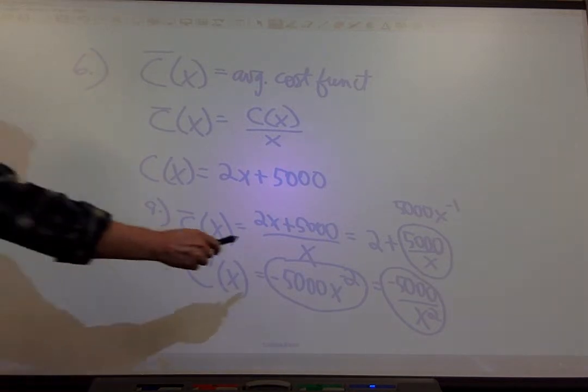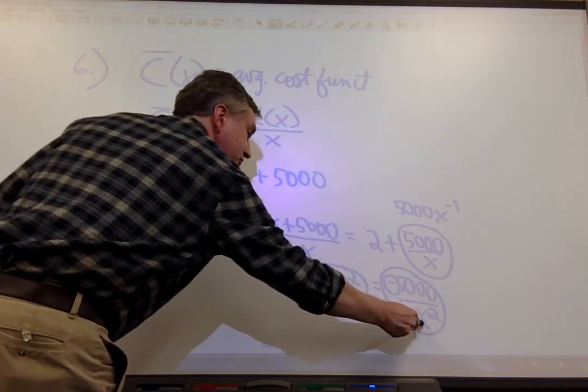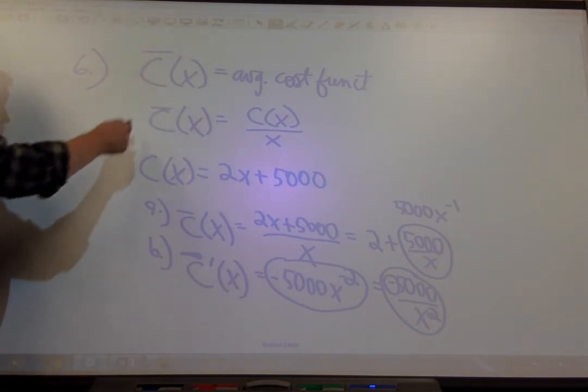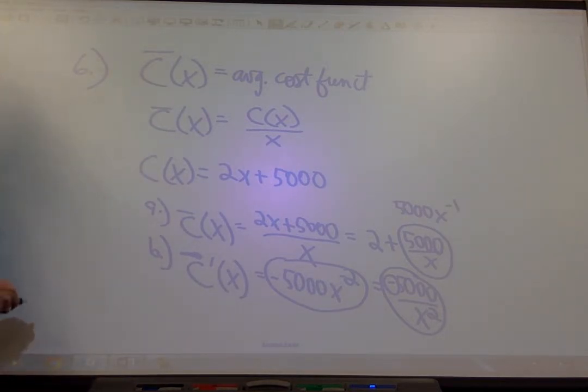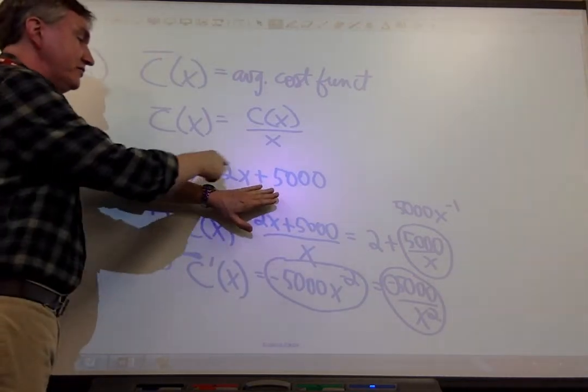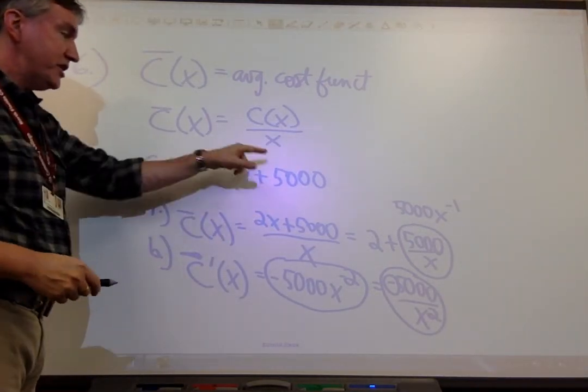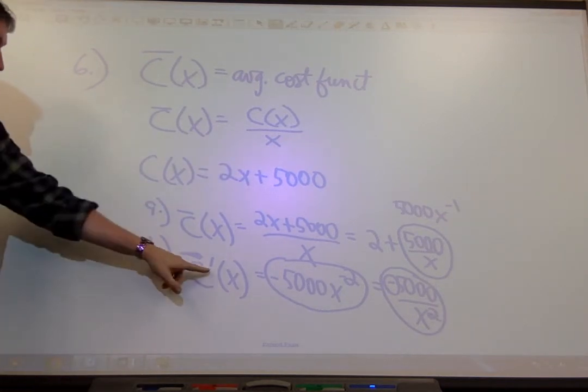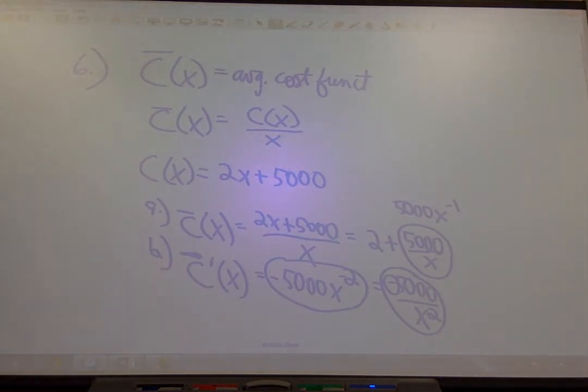That's, I think, what they wanted you to notice, that since this would always be negative, because whatever you put in here is squared, it's always falling, but depending on how large X is. So the marginal average cost is the same as the rate of change? It's the rate of change of average cost rather than rate of change of just plain old cost. Okay. Right. So if they gave us the cost function was this, C prime would be the rate of change of cost for X units, right? Or the cost of that next one. This is the rate of change of the average cost at X, at the level of X units. So,